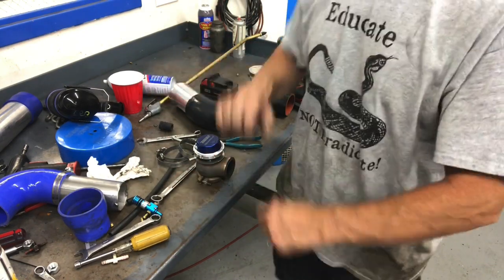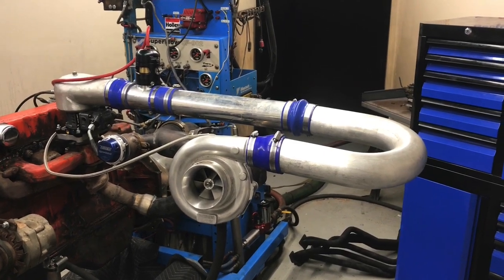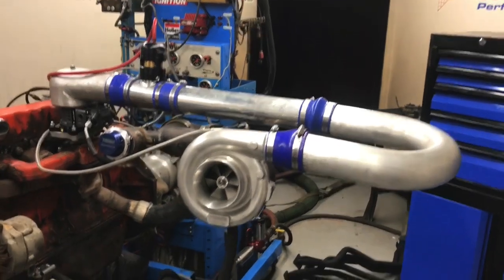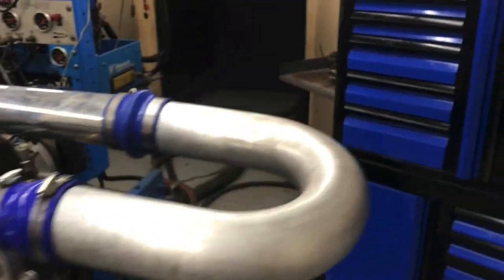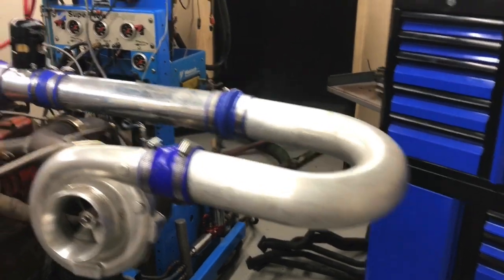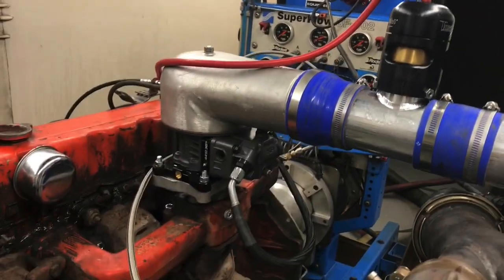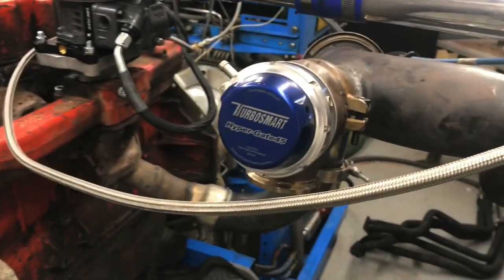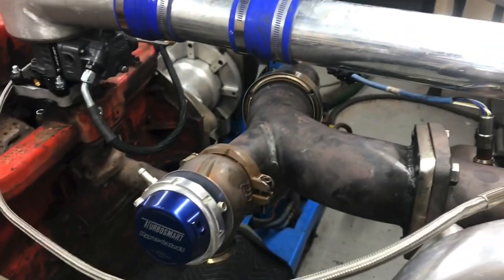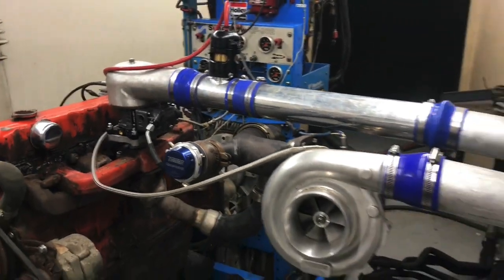Ta-da! Here is new turbo kit version 2.0. Okay, I know, it's version 3.0. Why you gotta judge me? Come on, man. Judge me, Judgerton. Okay, the turbo has a U-bend, which will also allow possibly the placement of an intercooler into our blow-off valve, into our bonnet, into the carburetor. Here's our wastegate, and yes, I know there's no wastegate reference line hooked up. There will be. I don't know, we're getting close. If you guys aren't getting excited,